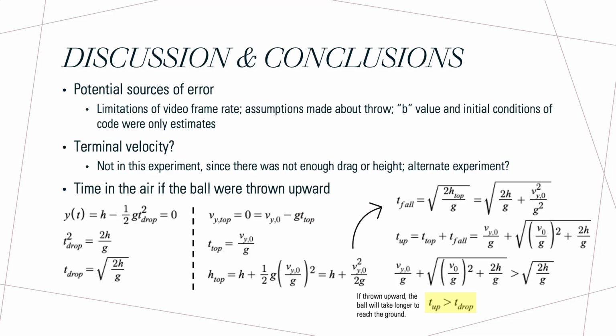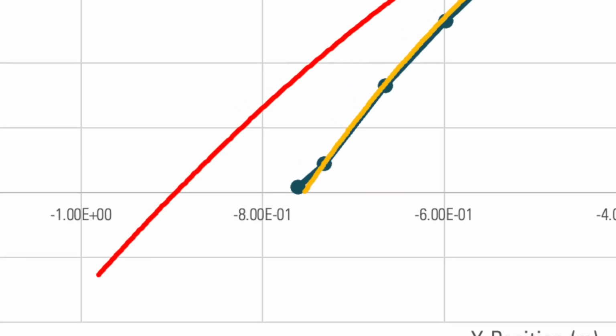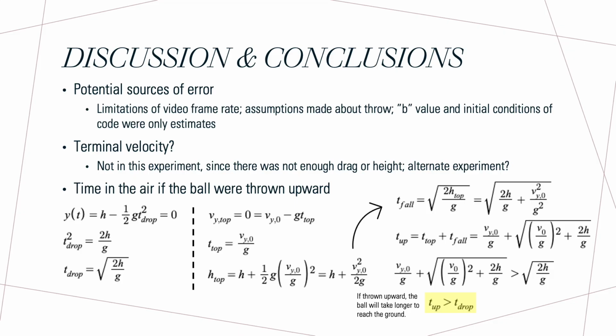Now, there were some potential sources of error. One was the limited frame rate of the video, which affected measurements, particularly at the end when the ball hit the ground between two frames, because this caused a little dip that you can see at the bottom of the blue graph here. Moreover, it is possible that my throw was imperfect and created things like spin that were unaccounted for. This lab was also very reliant on estimates, including both my calculated initial velocity that determined the object's motion in both computational models, as well as the b value for drag, which directly changed the trajectory of the model